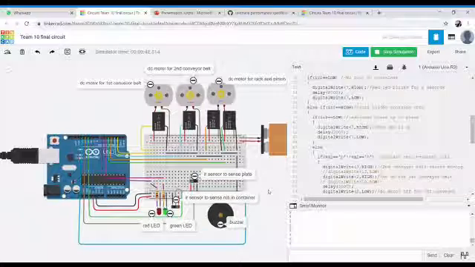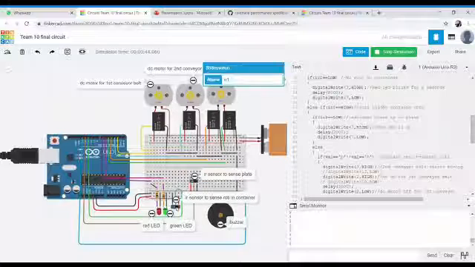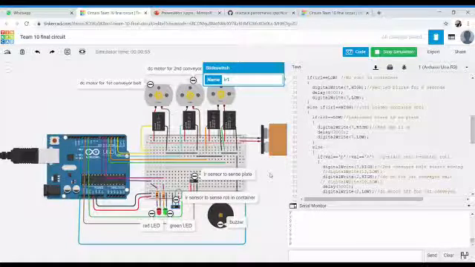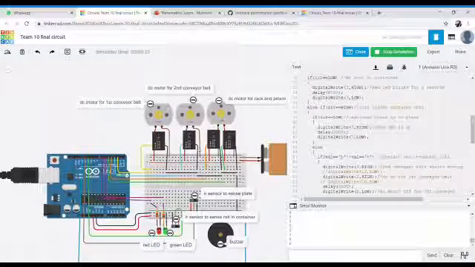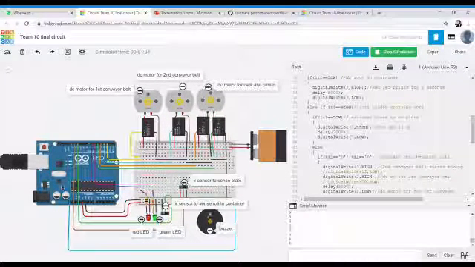Let us now see what happens when there is no roti inside the container or if the plate is not kept. Let me turn on the switch. Red LED glows indicating that there is no roti. Even if I give input, that is plain roti or butter roti, nothing happens. We can see nothing happens, no DC motor is moving or rotating, indicating that there is no roti in the container.